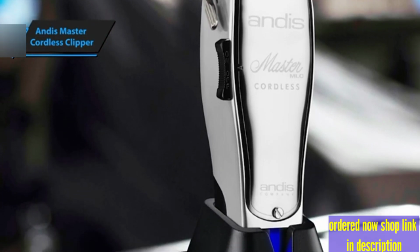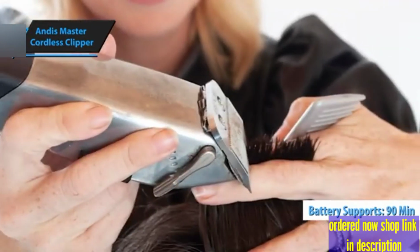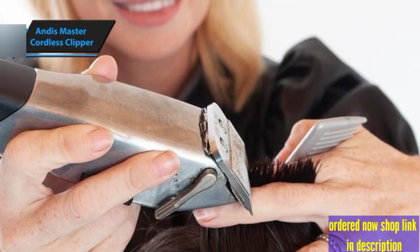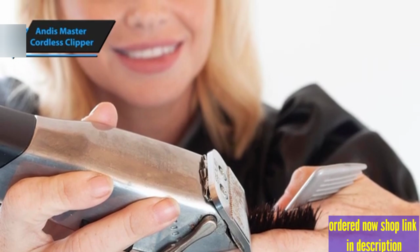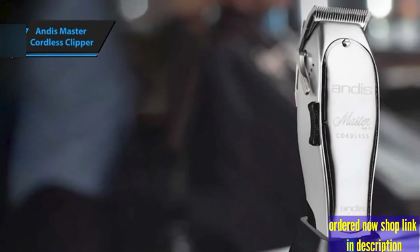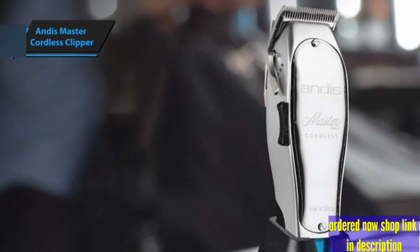The lithium-ion battery supports 90 minutes of continuous use and recharges fully in just an hour, offering flexibility and efficiency in your grooming routine. You have the option of using the included plug or opting for a charging stand, catering to your convenience. While its powerful operation may cause slight warmth with extended use, the Andis Master Cordless Clipper's performance